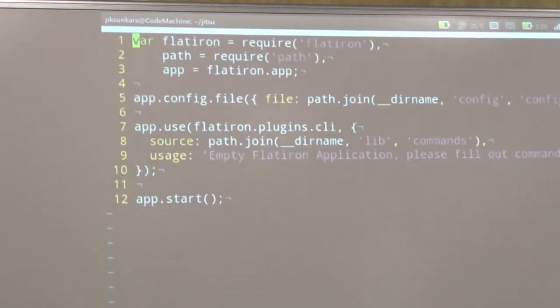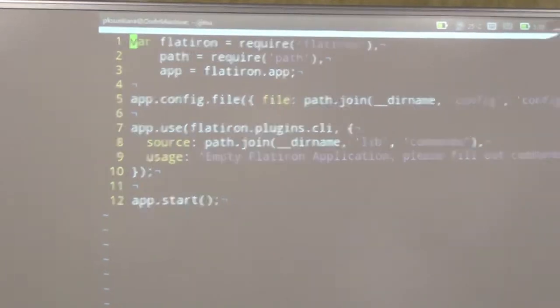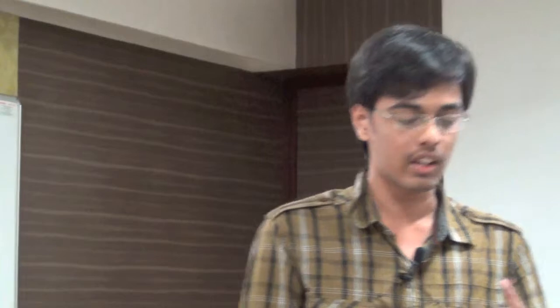In app.js, you can see that it requires Flatiron. Basically this lib commands directory contains all the commands you use for your CLI tool. You just write a file like maybe user.js and include it in the lib commands folder. Let's say this app name is Jitsu. So if you type Jitsu user, the lib command.js executes, and it will have some helpers from this Flatiron app